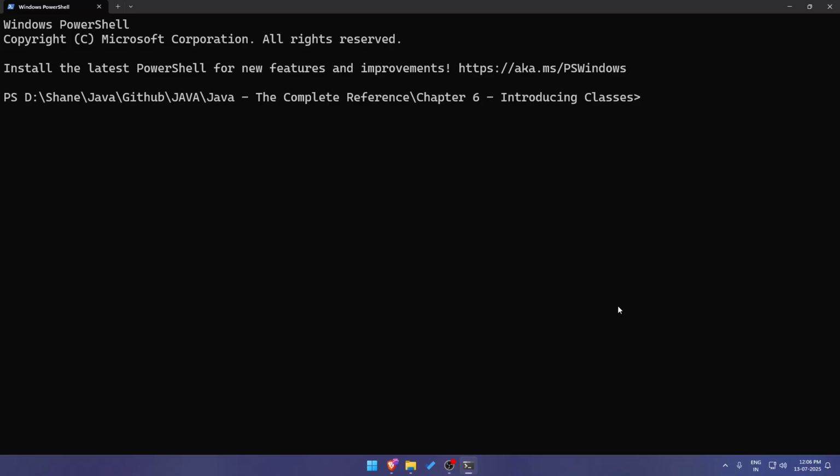As stated, a class defines a new type of data. In this case, the new type of data is called Box. You will use this name to declare objects of type Box. It is important to remember that a class declaration only creates a template. It does not create an actual object. The preceding code does not cause any objects of type Box to come into existence. To actually create a Box object, you will use a statement such as: Box myBox = new Box();